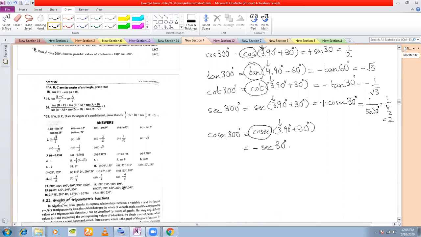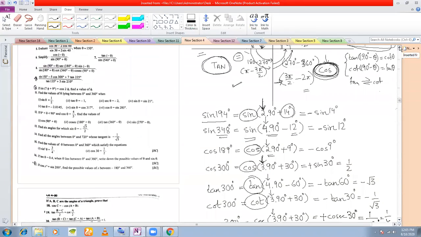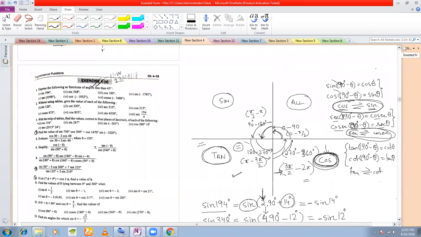So it is minus sec 30 degree, which is equal to minus 1 by cos 30 degree. Cos 30 is root 3 by 2, so this is minus 2 by root 3. Okay, this is how you find out. Now what happens if I have bigger measures? Let us try out some bigger measures of angles. Let us try out cot of minus 1952.